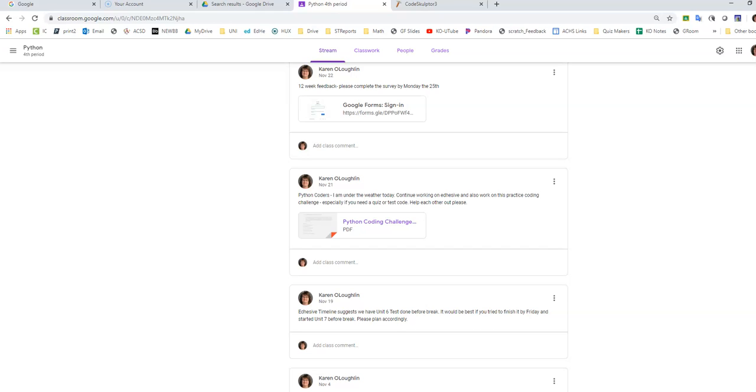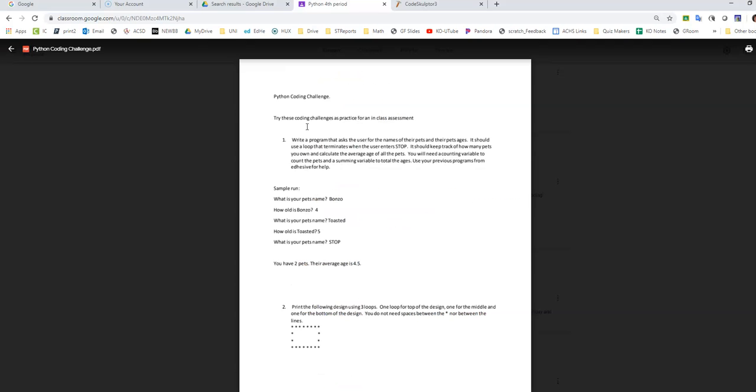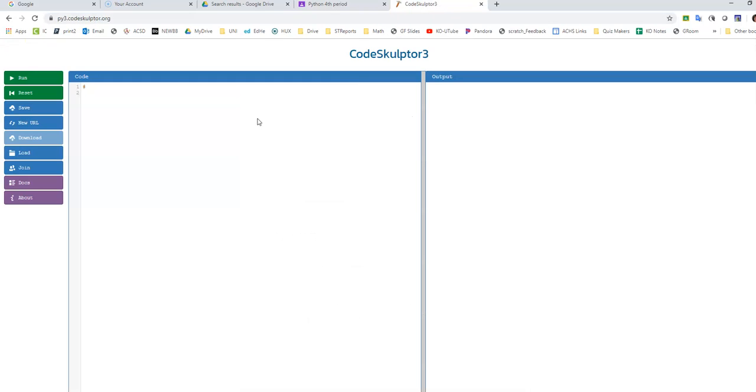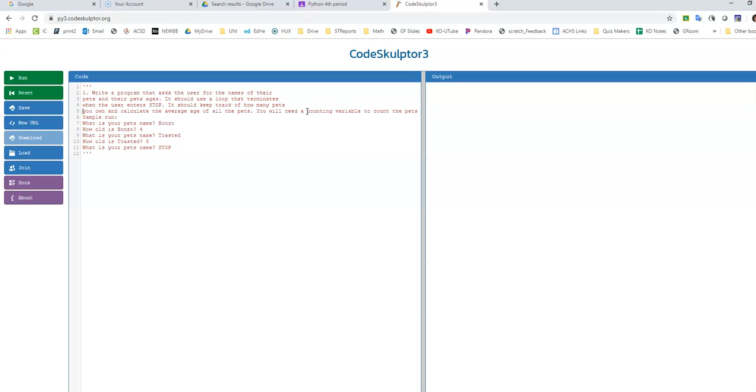Hello, this is going to be a walkthrough of the coding challenges that I posted on Classroom a few weeks ago. And the first one is to write a program that is basically going to be using a loop. I have copied and pasted my directions over, and I'm going to do a triple comment to comment them out. And so the whole idea here is that I'm going to make sure that you can use a decision statement, probably a counting variable, a summing variable, and be able to print some results and